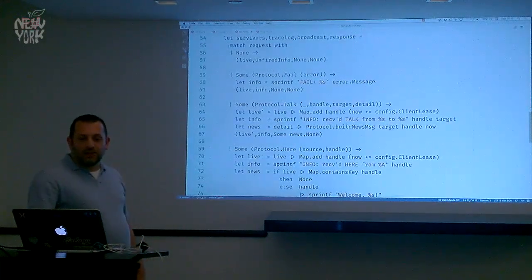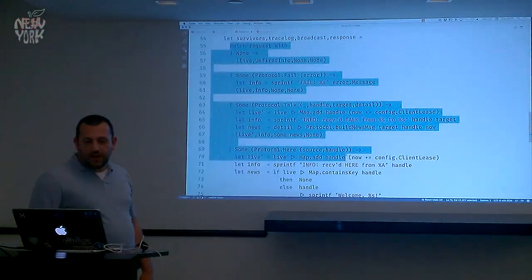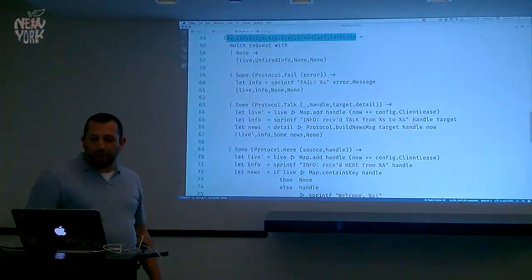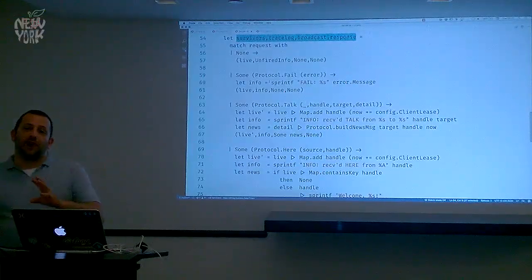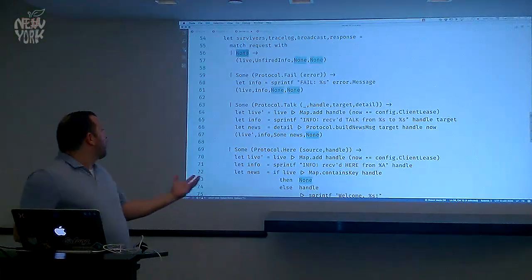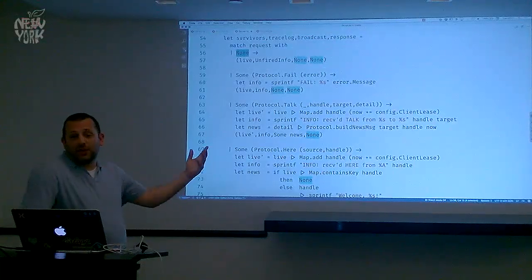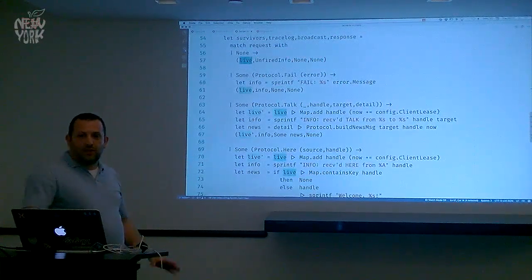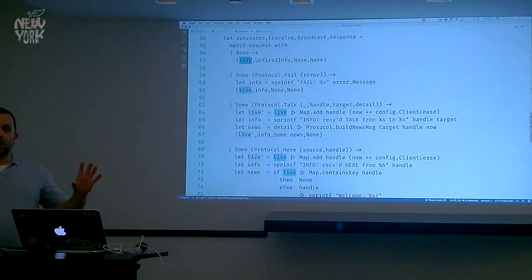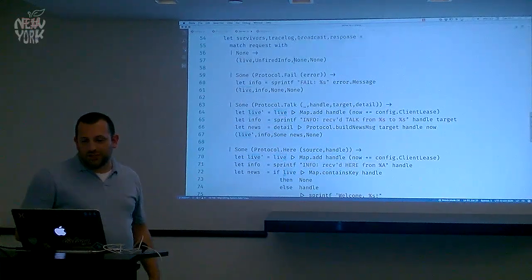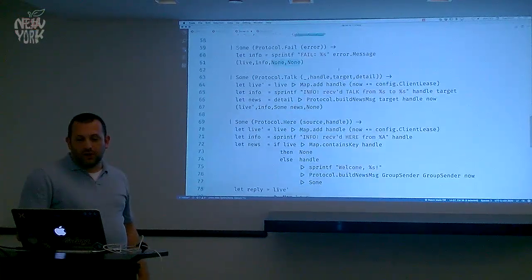We basically match that, and based on the tag, based on which case the union is in, we're going to produce a tuple of 4 values. The values are going to vary depending on which case we're in. So if we didn't actually get a request, we timed out, we're going to emit a diagnostic message. The clients who survived our culling at the start of this loop just get returned as is, and we just pass none for these other 2 values.